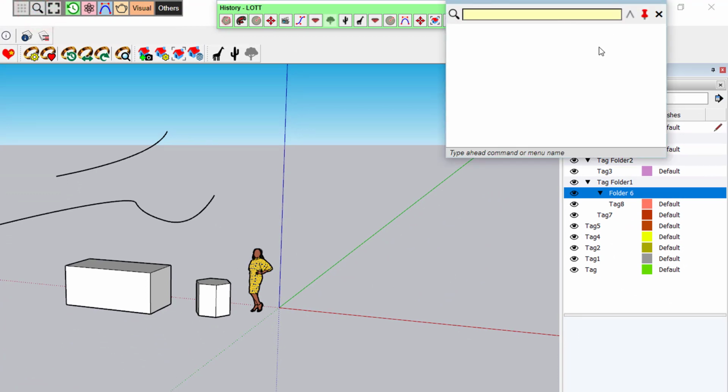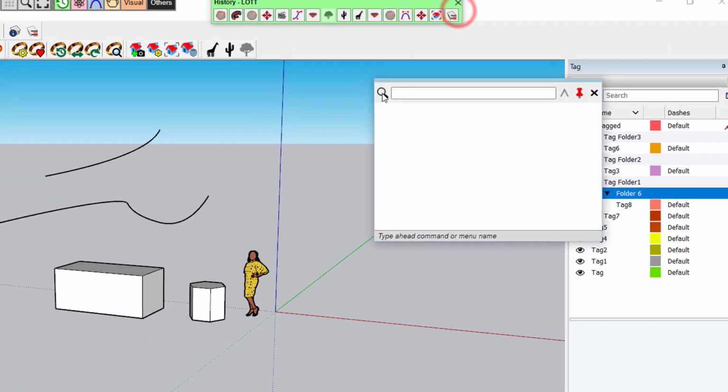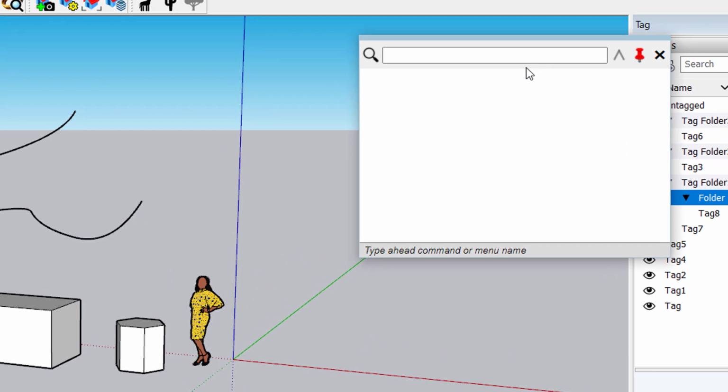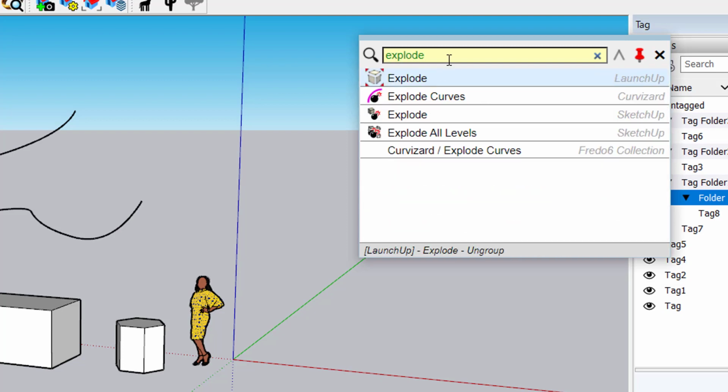This is a window where you can access directly any command icons from plugins and some of the native commands, as well as a menu. For example, if you type explode, you'll see that you get access to commands coming from various plugins and also to some menu.